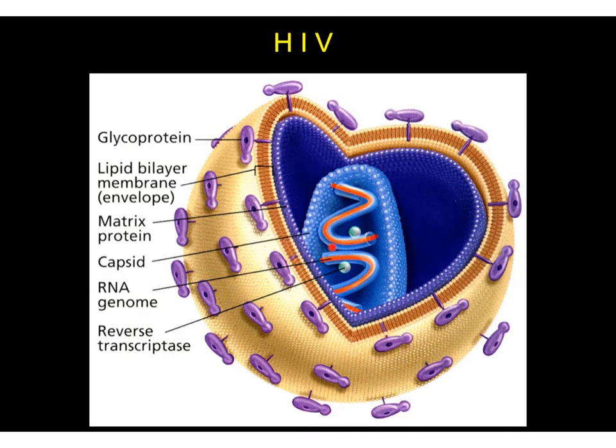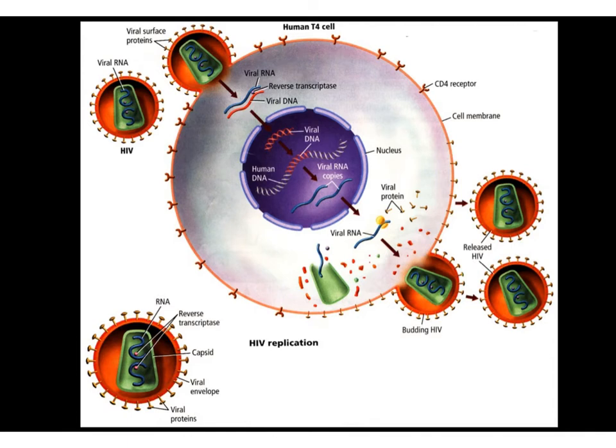It is an RNA virus, so it uses RNA on the inside. You'll see these outer proteins. These are the proteins that are going to allow it to actually attach to and infect the host cell. And the host cell that it affects is called the human T4 white blood cell. And if we look at this kind of generally, it gives us an idea of what viruses do and how they do it.